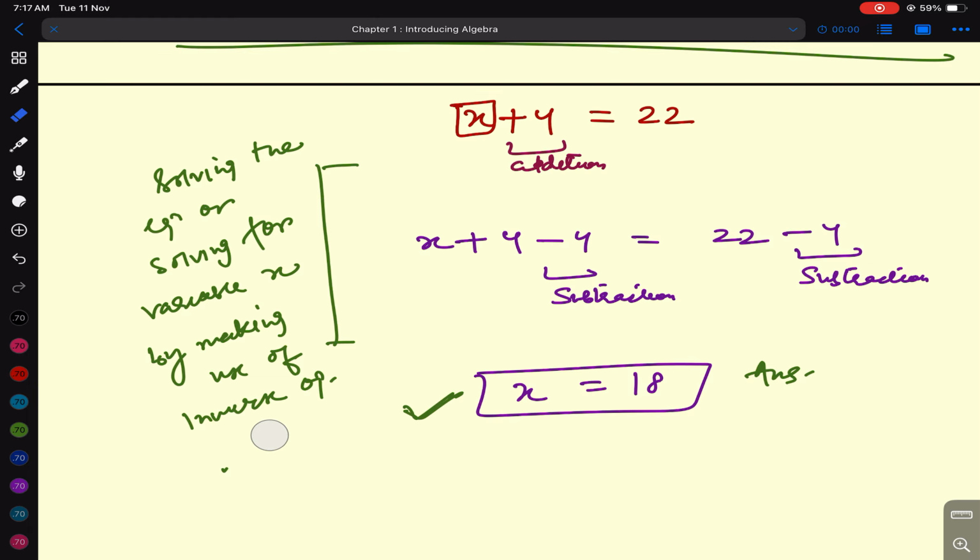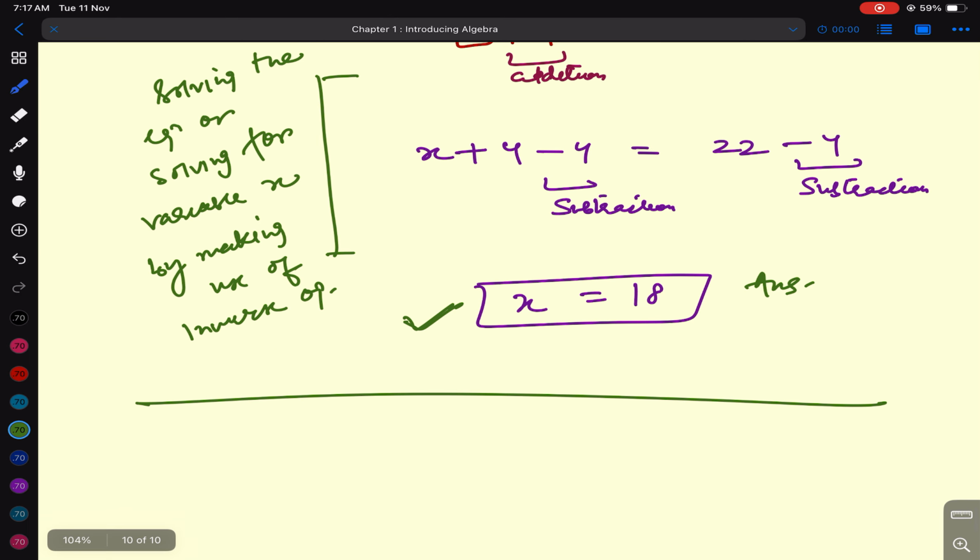Now we have also studied that there are two more operations which are the inverses of each other, and that is multiplication and division. Now we are going to see the example on that, and that will mark the closing of this lesson. Okay, so the next example I'm going to take is on multiplication and division being the inverses to each other. The example here is